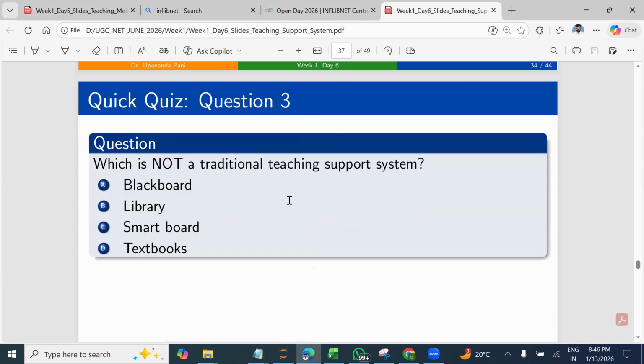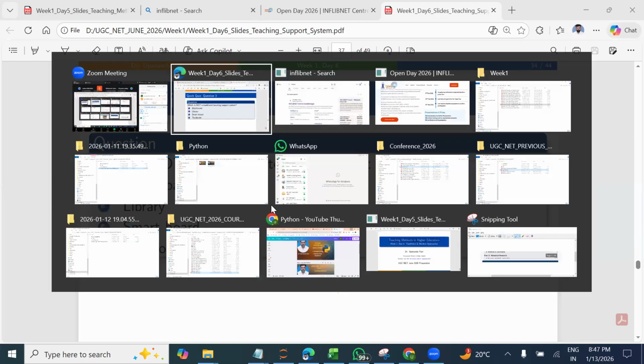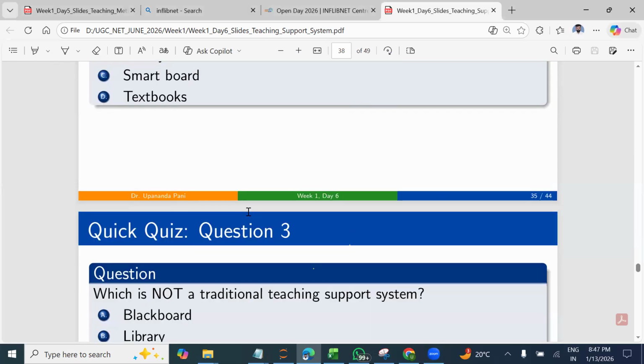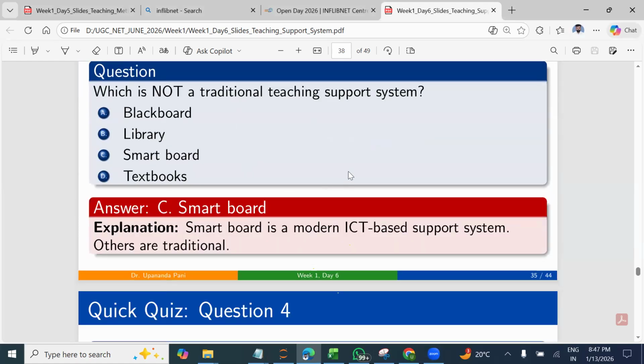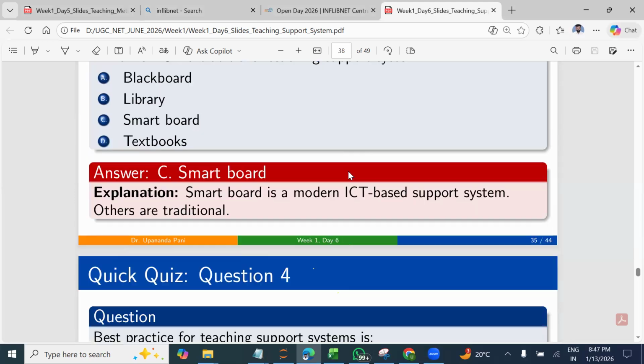And question number 3, which is not a traditional teaching support system? Blackboard, library, smartboard, textbook. Smartboard, okay, which is not a traditional teaching support system. Okay, let's try to see the answer. See, smartboard. Smartboard is a modern ICT based support system, others are traditional. Then